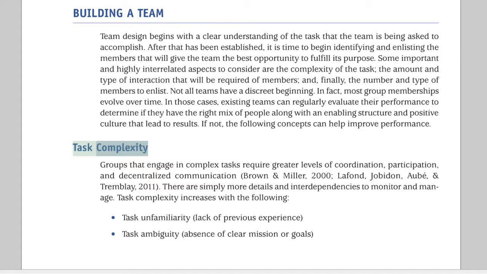Task complexity. Groups that engage in complex tasks require greater levels of coordination, participation, and decentralized communication (Brown and Miller, 2000; LaFond, Jobidon, and Tremblay, 2011). There are simply more details and interdependencies to monitor and manage. Task complexity increases with the following: task unfamiliarity, lack of previous experience; task ambiguity, absence of clear mission or goals;